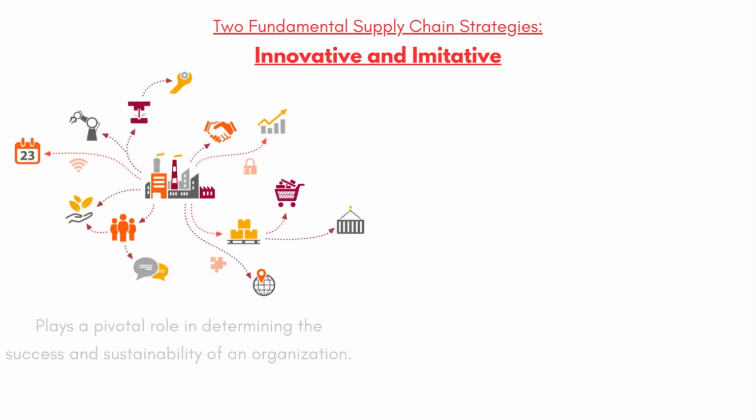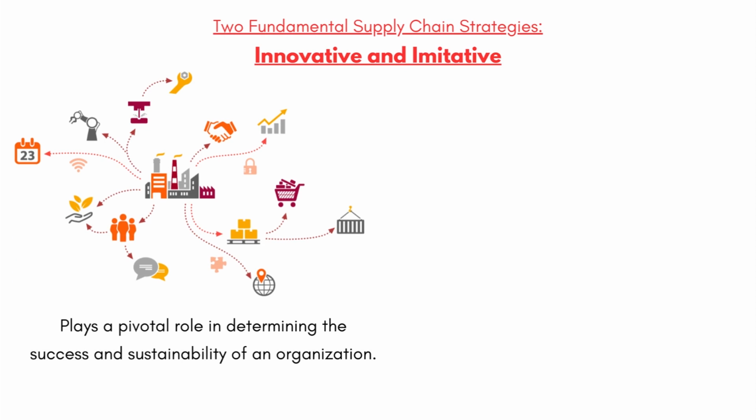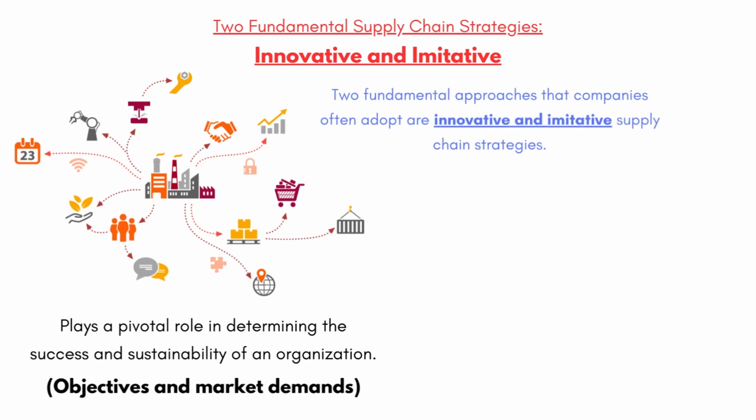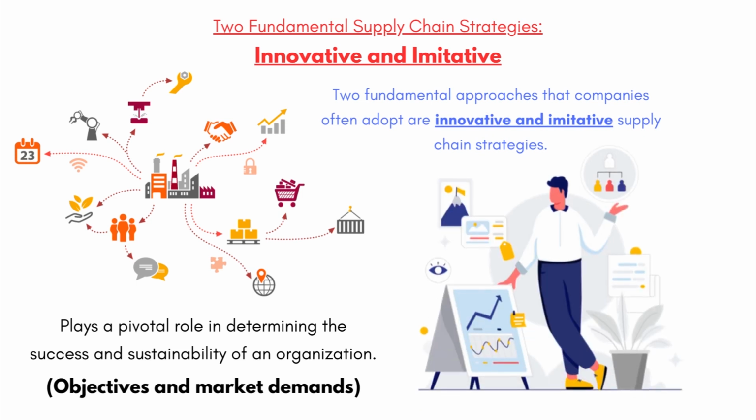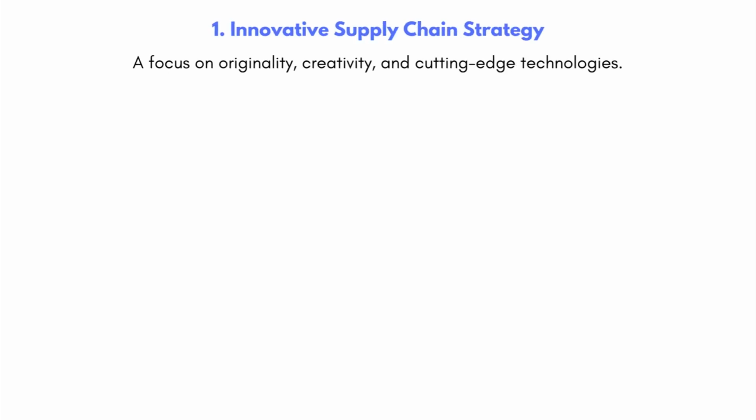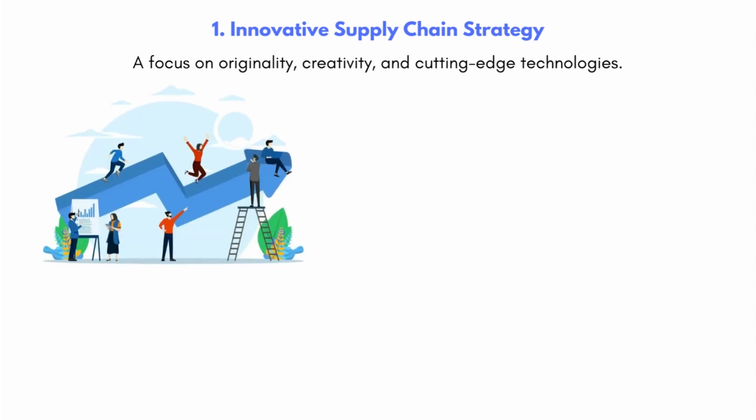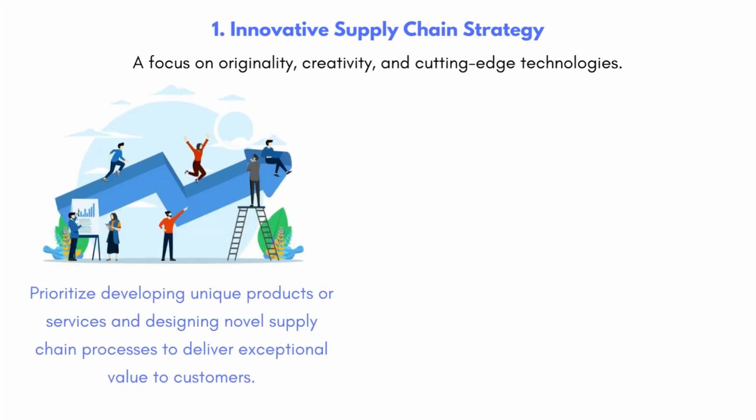Supply chain management plays a pivotal role in determining the success and sustainability of an organization. Companies must carefully devise supply chain strategies that align with their objectives and market demands. Two fundamental approaches that companies often adopt are innovative and imitative supply chain strategies. A focus on originality, creativity, and cutting-edge technologies characterizes an innovative supply chain strategy. Companies adopting this approach prioritize developing unique products or services and designing novel supply chain processes to deliver exceptional value